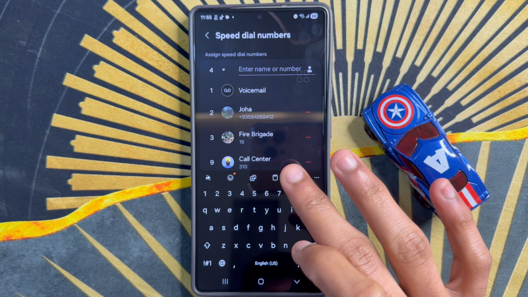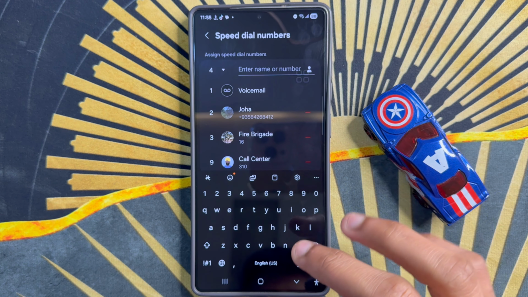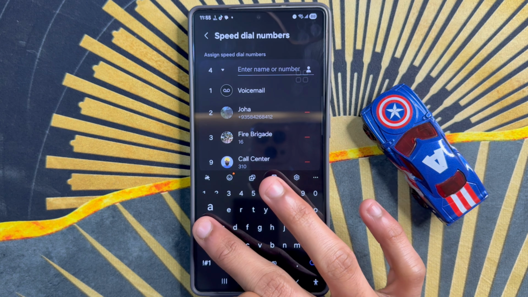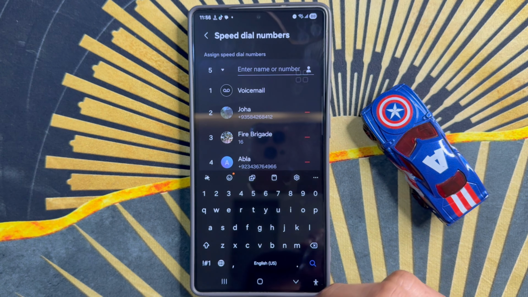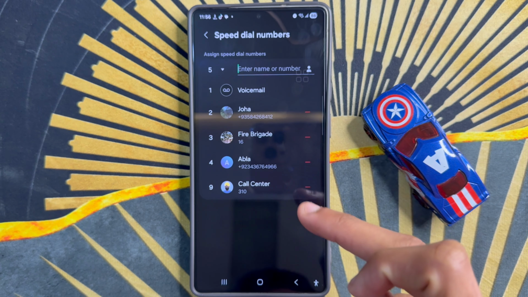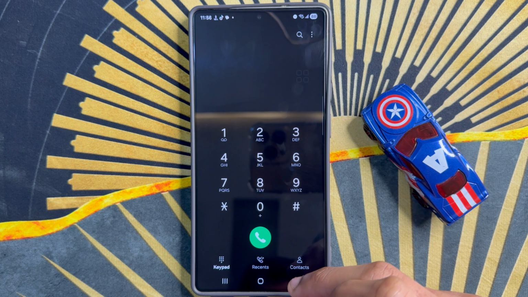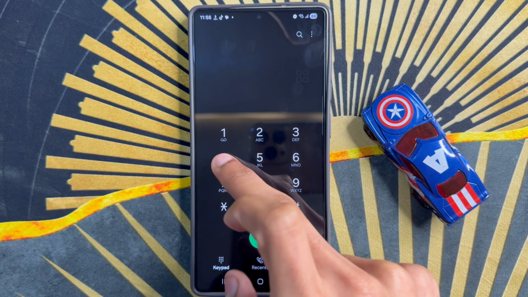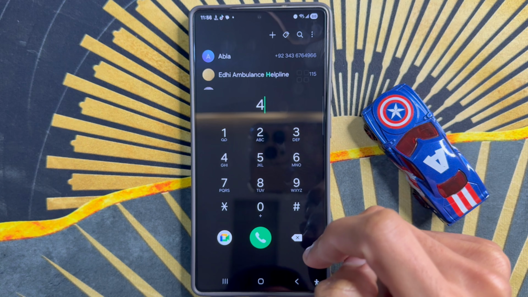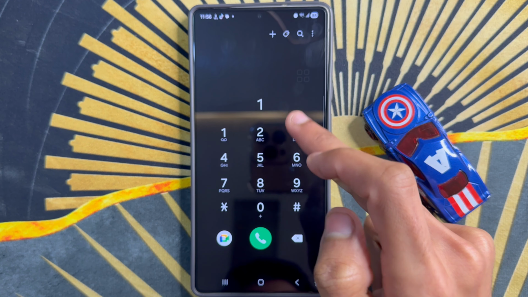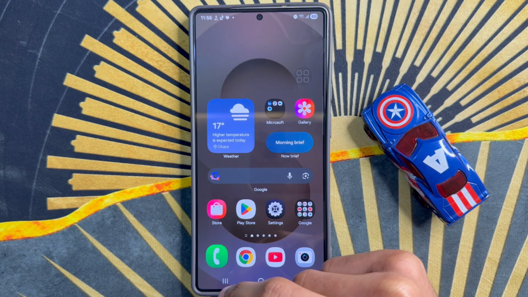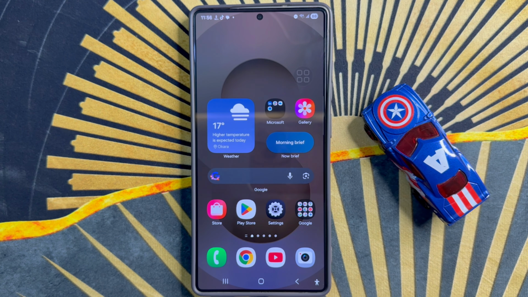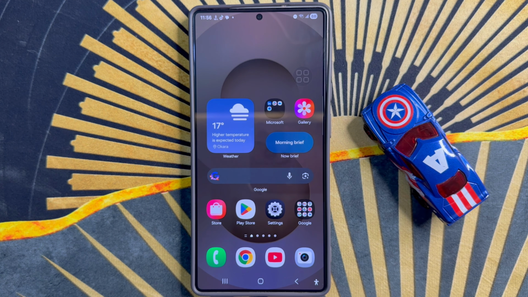and you will see number keys is here. So go back and click on 4, you will see number is here. So after the process, go back to home screen, refresh phone. So that's how you can assign speed dial number on Samsung